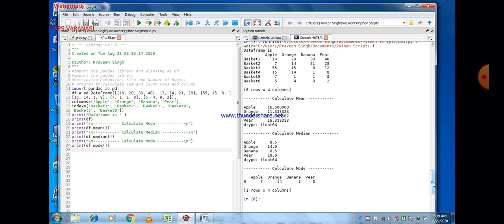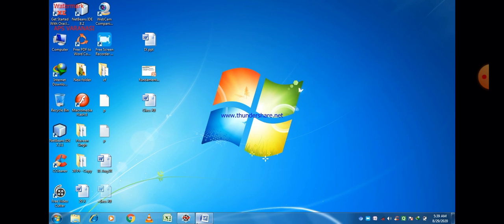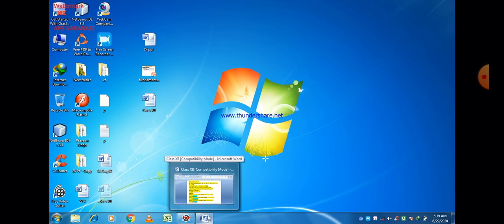So along these columns we can easily find out the mean, median and mode value using the mean, median and mode methods, means along axis 0. You can also find out the mean, mode along axis 1 by giving the value axis equal to 1.